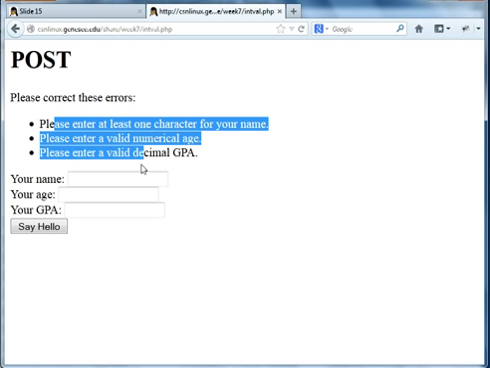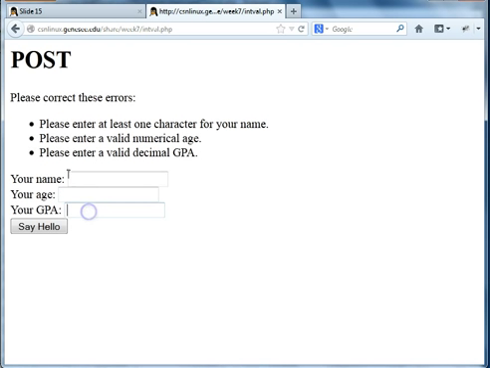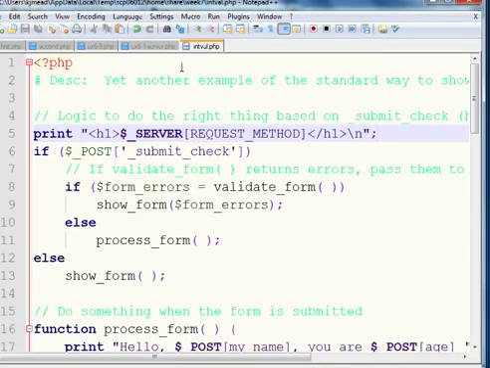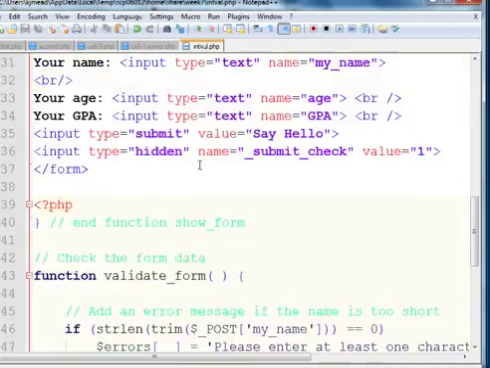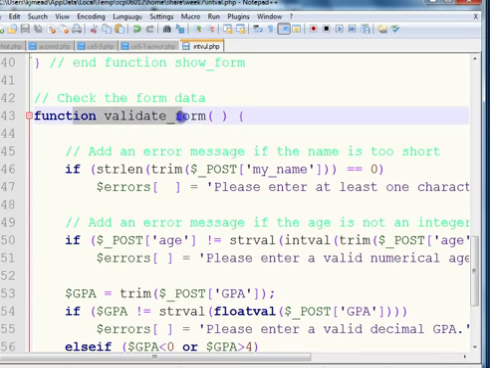It shows you all of them. And again, your fancy CSS people can figure out how to highlight them, with a red box around the ones that are not okay. You can handle that in your form error function, your validate function. Pass some other stuff back. But nitty gritty, please at least one character for your name, valid numerical age, valid decimal GPA. What's the code behind that? It's the same as before,